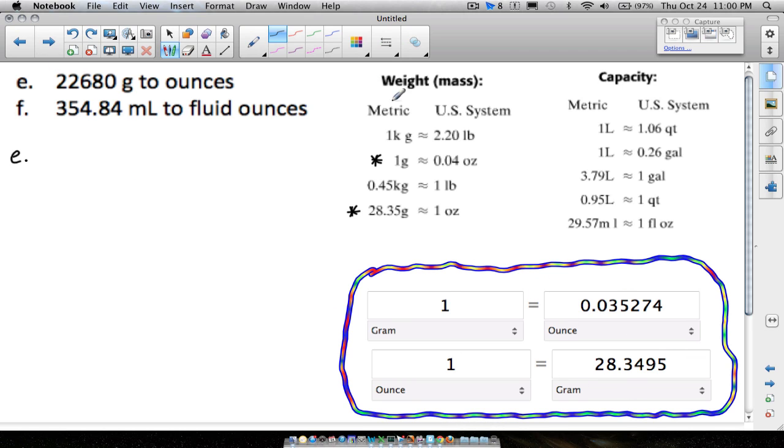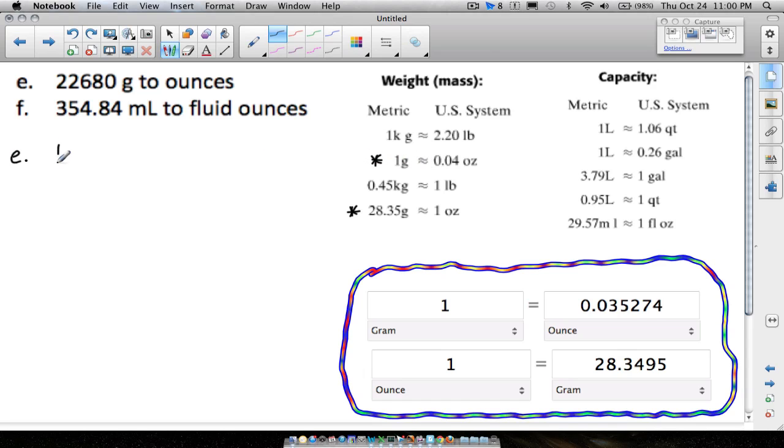But now, let's suppose that we did have these 2 here, and you might be wondering, which one do I use? You're going to get 2 different answers. That's why I pulled this up down here, and we'll look at that in a second. So let's use the first one. The reason why we can use this is because we have grams and ounces, and that's exactly what we are dealing with up here.